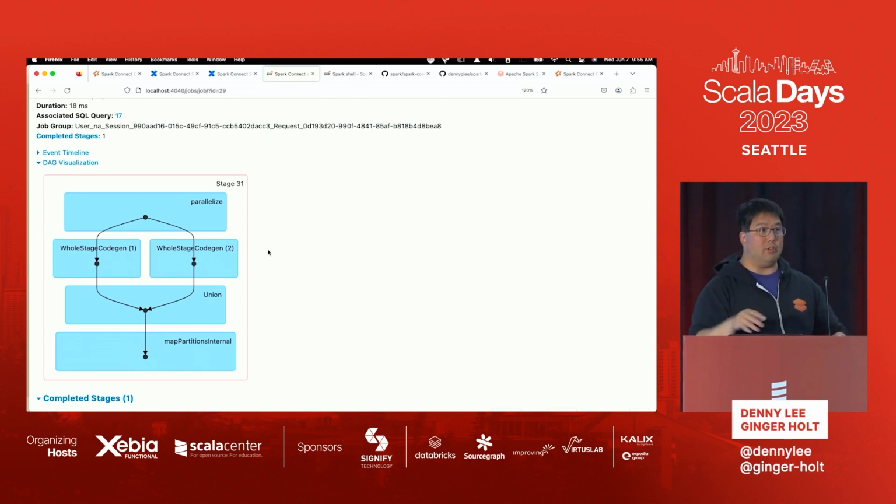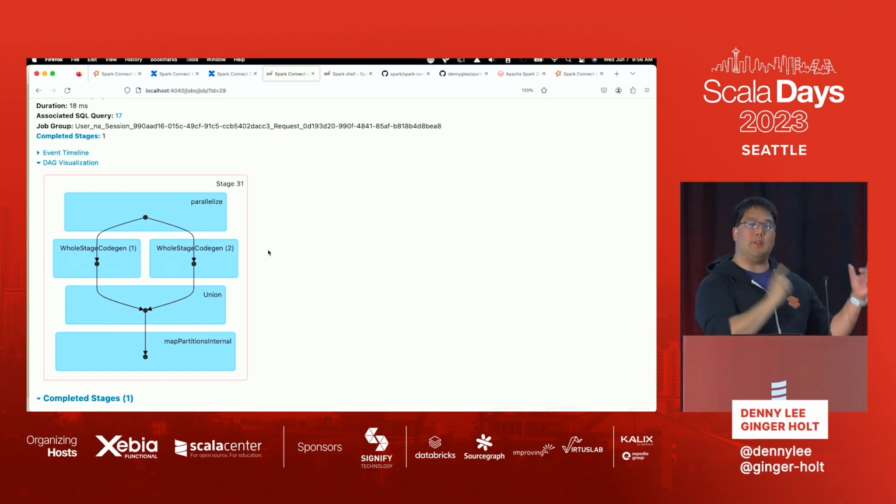Long story short, yes, you can run both the Spark Connect server instance as well as the regular Spark instances on the exact same driver, on the exact same cluster. There's no problem for you doing that. The key difference is how your client now connects to it. When you do a Spark Submit, the assumption is that you are submitting directly to the driver, that you have direct access to the driver, and you also are doing it synchronously. In other words, you're going to send it, and you're going to wait, and wait, and wait for the results to come back.